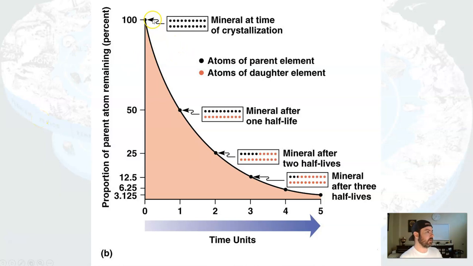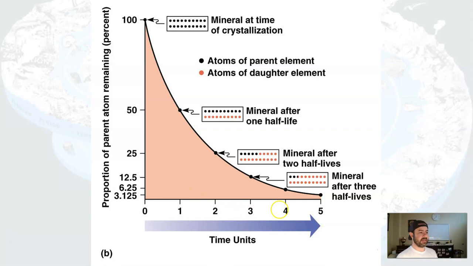So again, if we have 0 half-lives, the rock's brand new. If we're looking at a particular mineral, then all the elements are parent isotopes. After one half-life, we're down to 50% of the original parent material. So half of this, one line, turned to daughter. Now after another half-life, half of that, so 5 turns to daughter. Now after another half-life, 5 becomes 2.5. Now we're talking billions of atoms, so we're just using 20 as kind of an